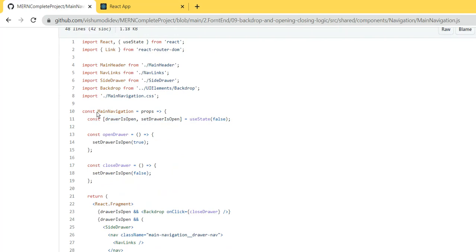So that is the open drawer and the close drawer. Okay, so there is drawerIsOpen, and when drawerIsOpen is true, sorry, false, open the backdrop. So this is called a backdrop. Again, if I click on it, it means close drawer. So open drawer, see there is one state we are managing. Drawer is open, set drawer is